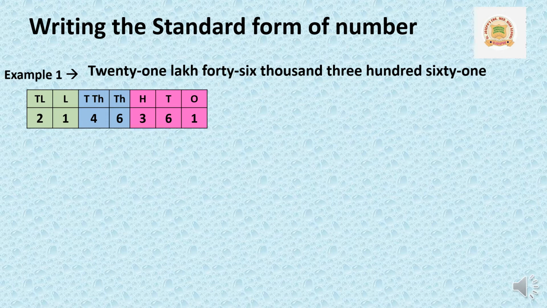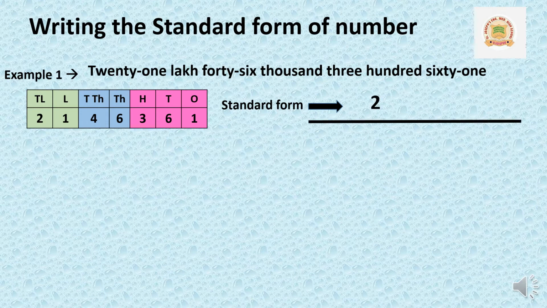So now let us write the standard form of the number. As I am telling, the standard form of the number in the word format will begin from the biggest place here. Which is the biggest place here? That is 10 lakhs place. Now in the 10 lakhs place, which digit do we have? 2. And in the lakhs place we have 1. So let us write the answer. 10 lakhs place 2 and lakhs place 1. This means it is 21 lakh.